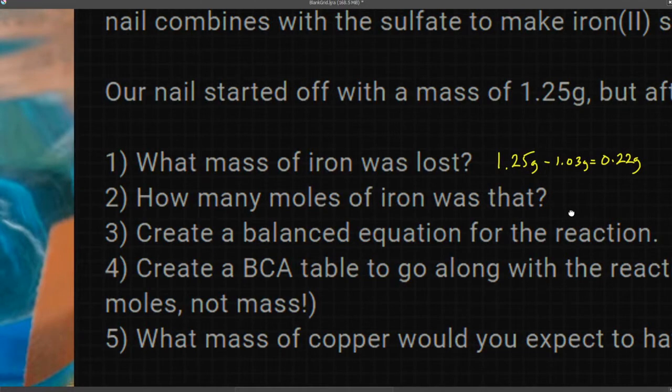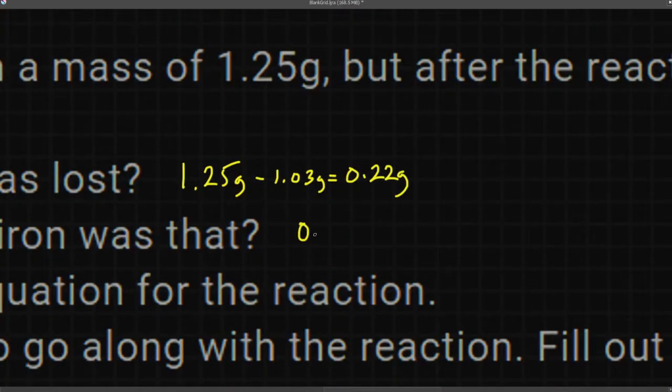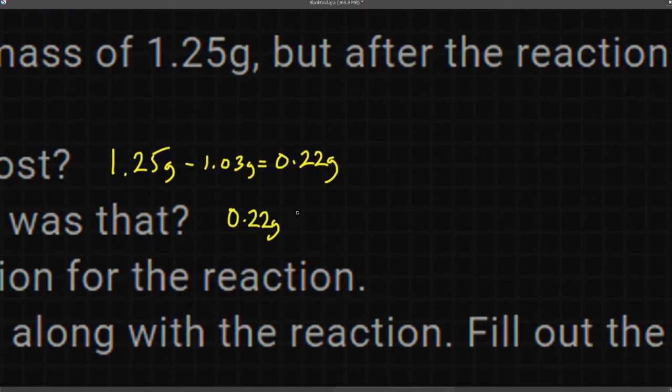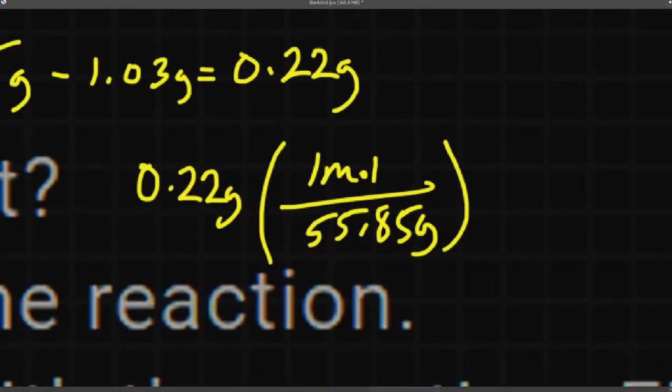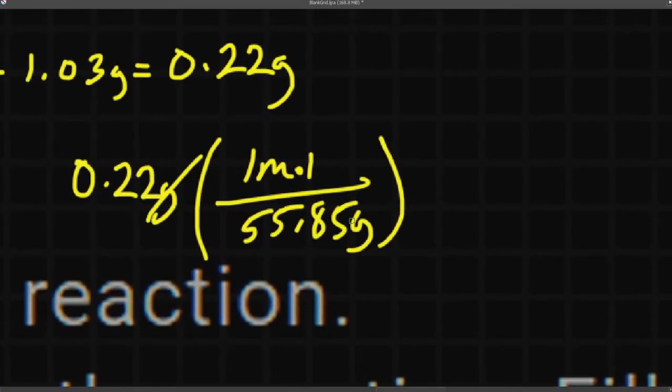Question number 2, how many moles of iron is that? Well, 0.22 grams of iron, where I know that, let me look it up. Here, I'm looking it up, you can't see it. The molar mass of iron is 55.85. So 0.22 grams of iron, where we know that 1 mole of the iron is 55.85 grams. As a reminder, always make sure that your molar mass is set up so that you can cancel out the grams. When I run this through my calculator that you guys can't see,